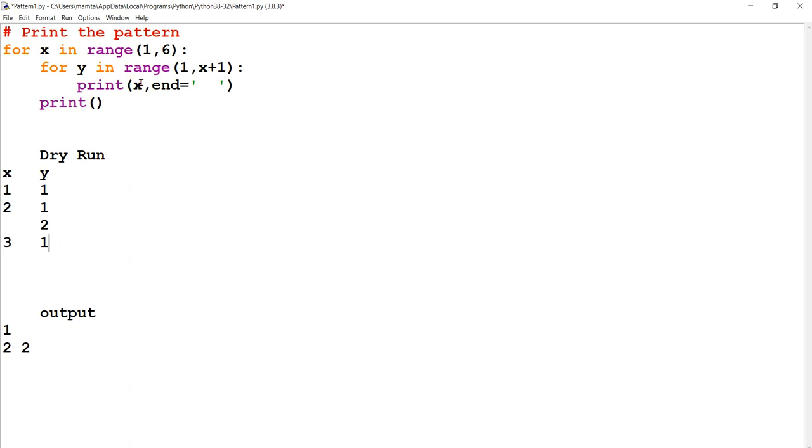So now it has again started with 1 and printing the value of X. So X's value will be printed over here, 3. And as you can see, X plus 1, that means this is 4. X's value is 3. So the inner loop will be going for 1, 2, 3, because plus 1 is written. So now Y will be again 2.